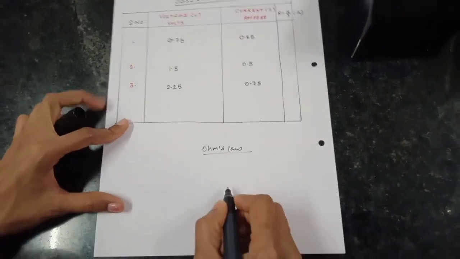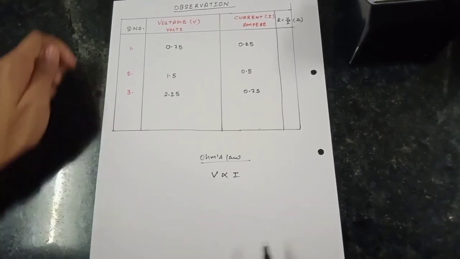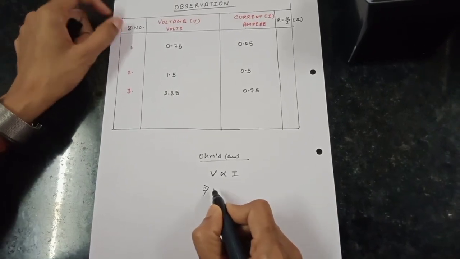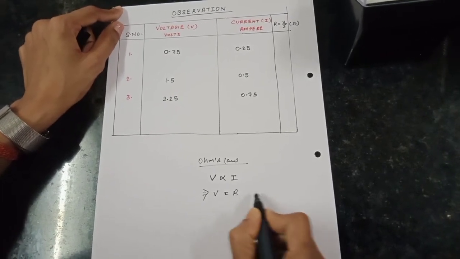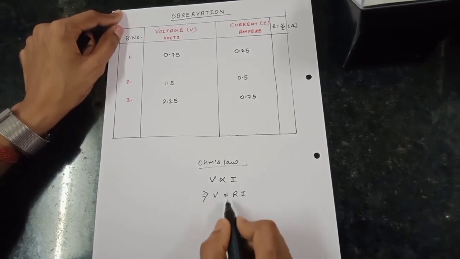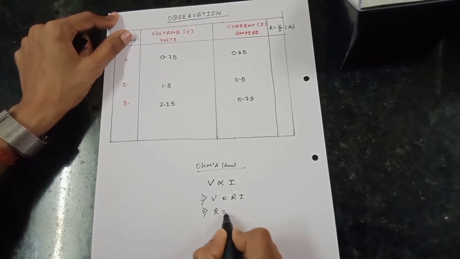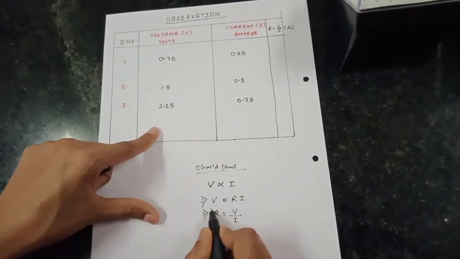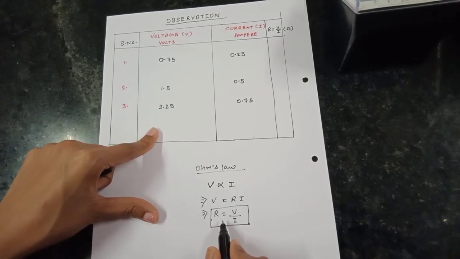We know from Ohm's law that potential difference is directly proportional to the current. We can replace this proportionality sign with an equality sign by introducing a constant, and that will be R. So R is our constant. We will see how this comes out to be a constant, and in order to find the expression for resistance, we have to take the ratio of potential difference and current. When we divide potential difference by current, that gives our resistance.